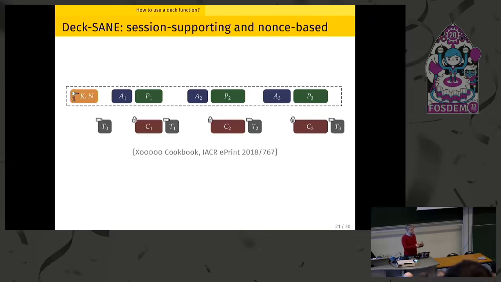So if you maintain a DEC function and you encrypt different messages that follow each other, then you can have something which we call a session. By session, I mean that if you exchange, let's say, 3 messages, the tag on the third message is not just locally authenticating this third message, but really the sequence of all the messages received so far.